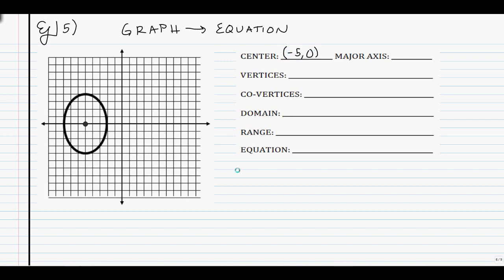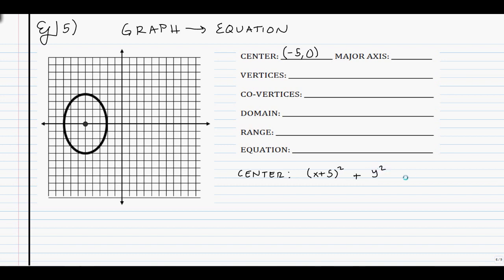Now the way the center helps us is it lets us put in the first two pieces. So basically I'll try to use color down here to get everything in. For the center, those two things, negative 5 and 0, have to make the x and y terms equal to 0, the squared parts. For the first one, if negative 5 is going to make it equal 0, that would be x plus 5 squared, just like yesterday with the circles. And for the other one, it's just going to be plain old y squared, because it would be y